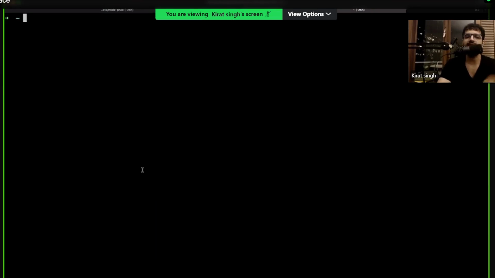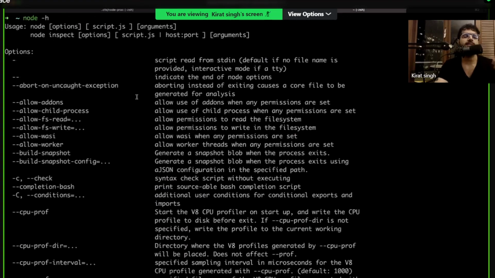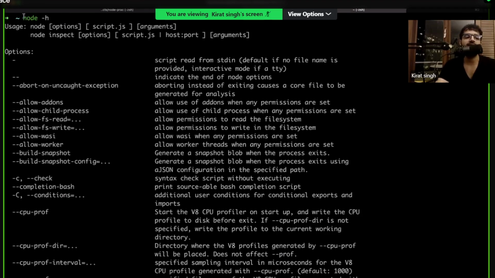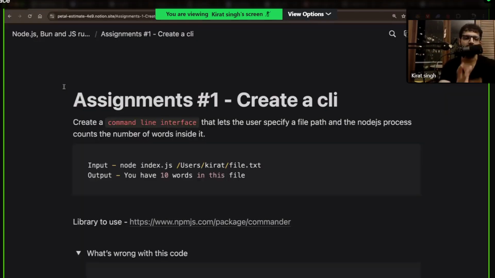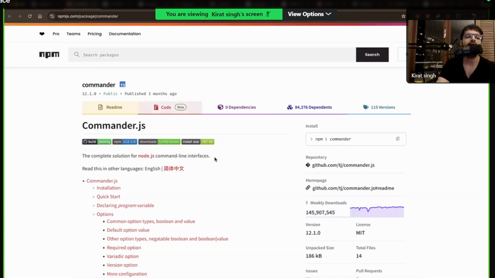So most CLIs, if you use, node is a CLI over here, right? There's a command line interface that lets me run some JavaScript code. They give you this helper text also. How can I create a similar CLI that accepts some options, that accepts some arguments, that I can show the user some helper text for as well? This is a common use case to create a CLI. Most languages, Rust, Node.js, will have some library that lets you create these CLIs. One such library is this commander.js in Node.js that lets you create this CLI.